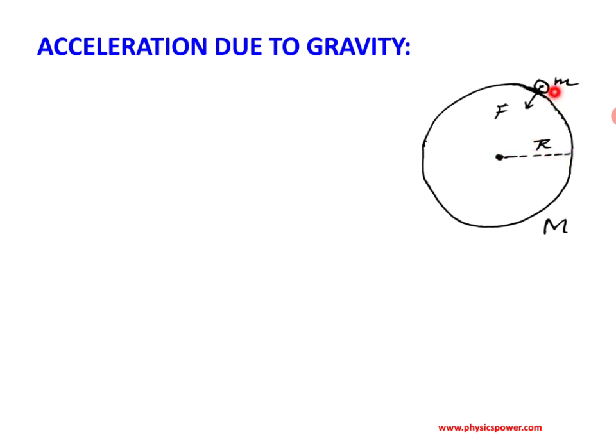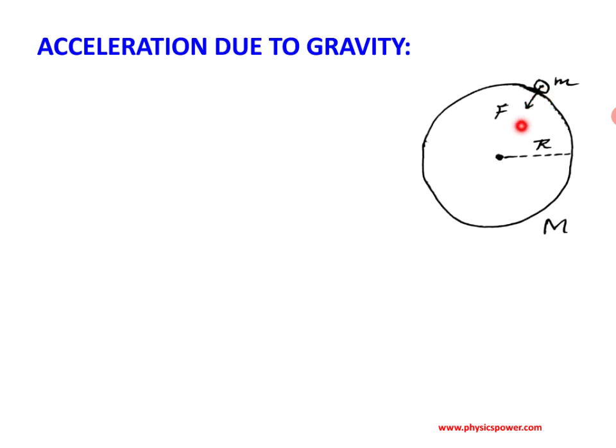Now on this massive body there is an attractive force due to the Earth. According to Newton's law of gravitation, that attractive force depends upon the product of these two masses and is inversely proportional to the square of the distance between them. Here the distance between them is r. Approximately we can consider it the radius of the Earth. Why? Because this massive body is in contact with the Earth's surface and our consideration is a very small